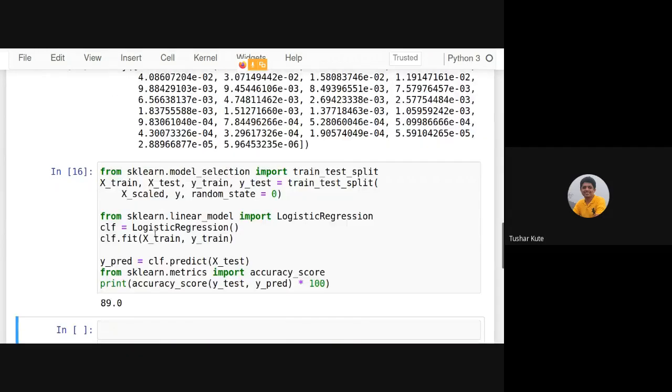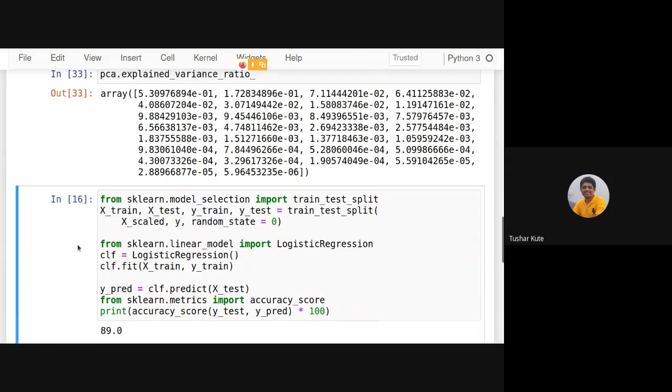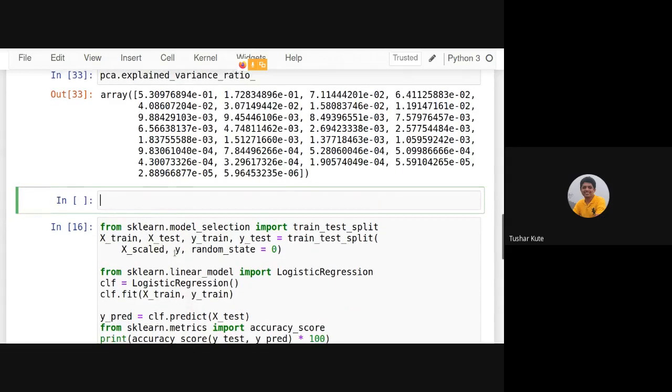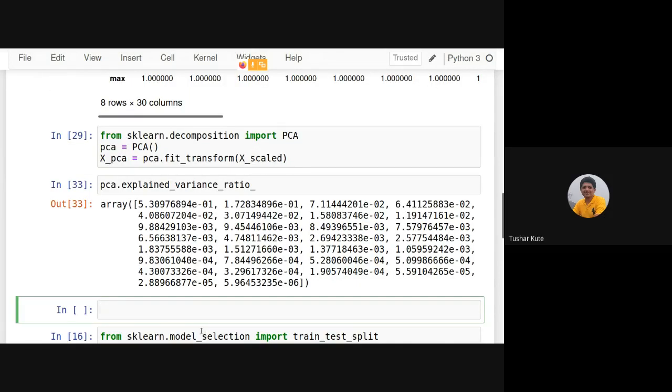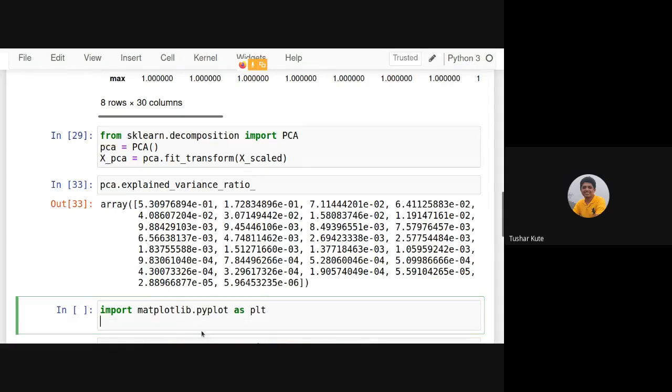And if you want to visualize that, you can visualize it also. These are the variance caused by them. Okay, so this is on y-axis.